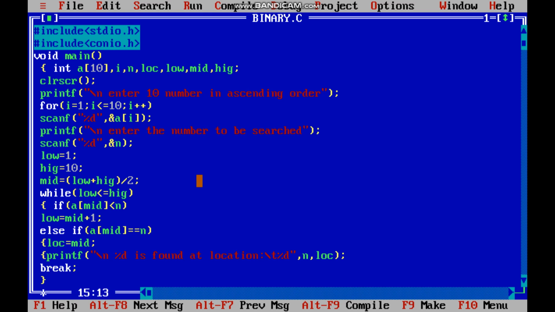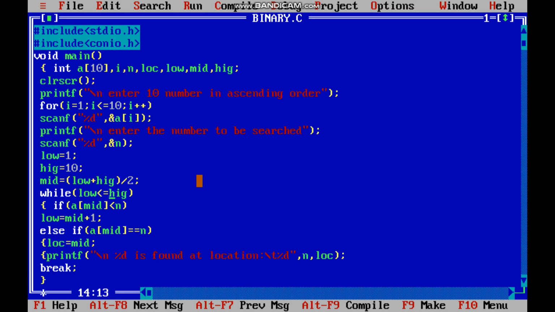So while low is less than or equal to high, this condition must always be true for searching an element in an array.